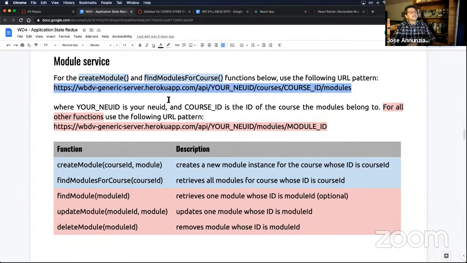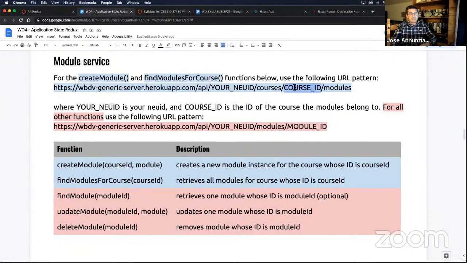We've been using this URL pattern where you just use the modules: you can list all the modules, a particular module, delete a module, update a specific module. But this one here allows us to establish the relationship between any parent and any children,